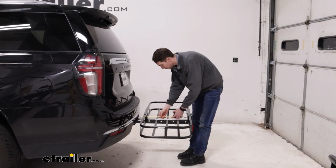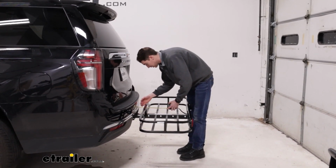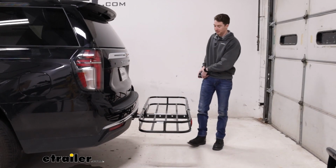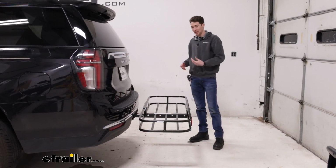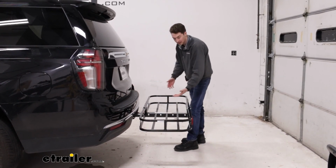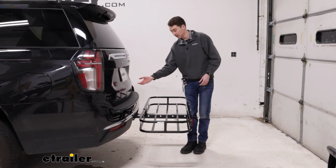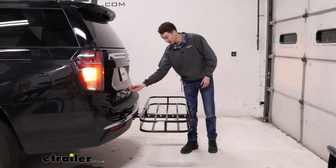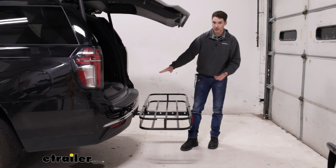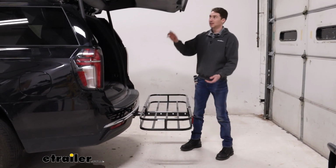It does sit a little bit close to the back of the vehicle though. Not close enough that I'm worrying about it. We still have about 3.5 inches from the bumper to the closest point. So that's something you might also want to keep in mind, but I wouldn't worry about it too much. You might also be curious to know how much space you'll have to stack your items up before they'll make contact with your hatch if you want to get into the back of the vehicle. So I measured it just before this, and from here it is about 14.5 inches. That's how much space you're going to have to stack up your items before they make contact with the trunk